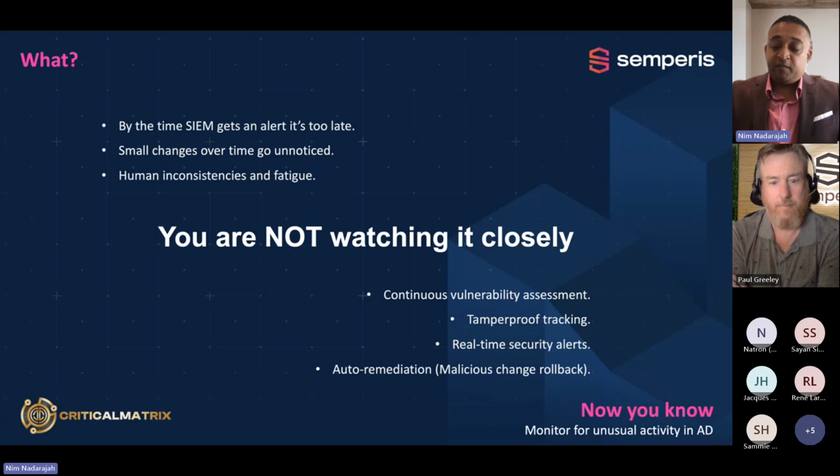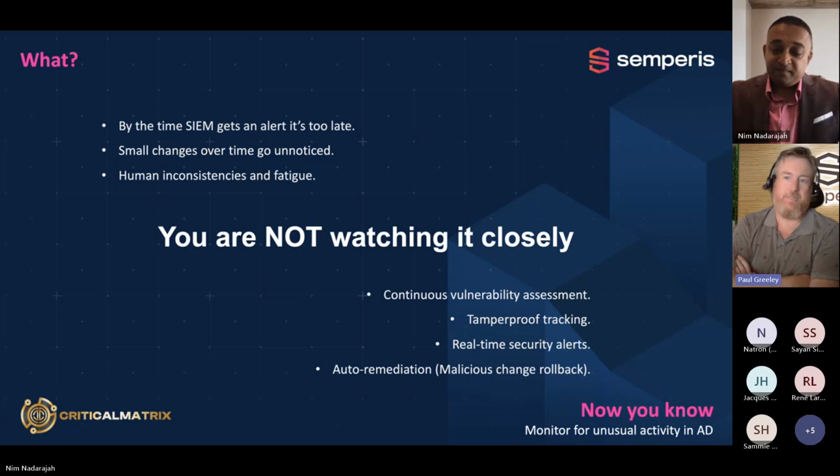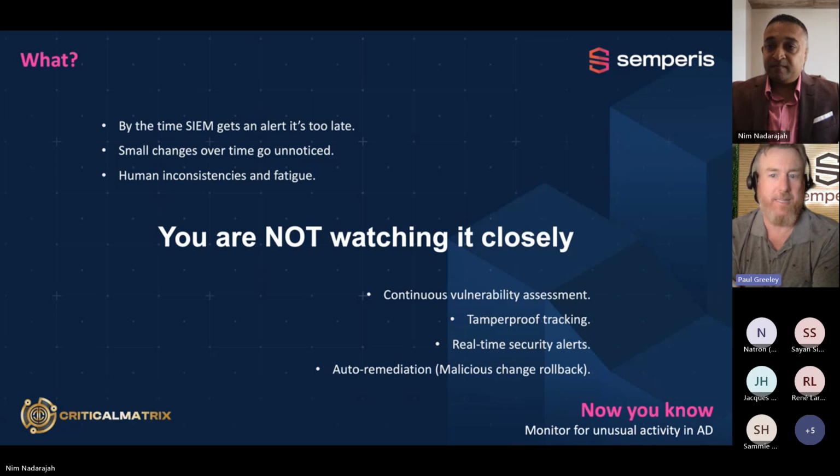Sure. Just to give you an example of not watching closely, I was working with a customer years ago, in a different role, and they got a visit from some security people on a Monday morning. They said, "Do you know your organization is carrying out an attack on a government agency in the U.S.?" They had no idea. They were compromised and being used to carry out a cyber attack against a pretty important agency down in the U.S. So were they watching?